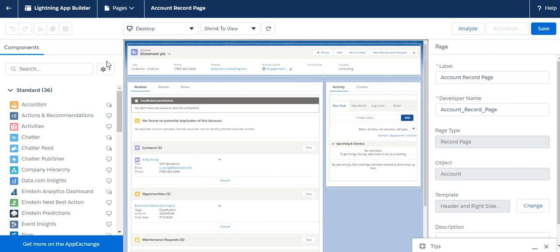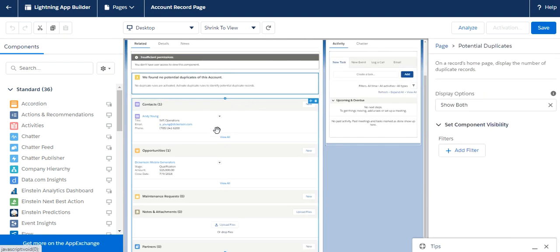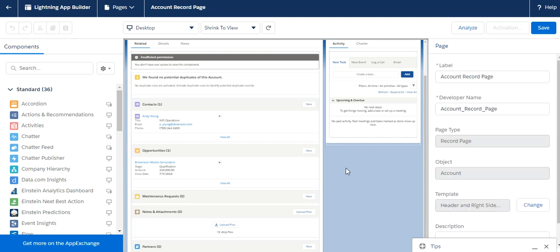And let's talk about the toolbar. So this is the toolbar. From here you can redo, undo, cut, copy, paste. So whenever we work on the canvas, see, when I'm clicking on any of the components, then it's activated. Now it's off. So whenever we work on the canvas, we can use the toolbar to do undo, redo, cut, copy and paste.